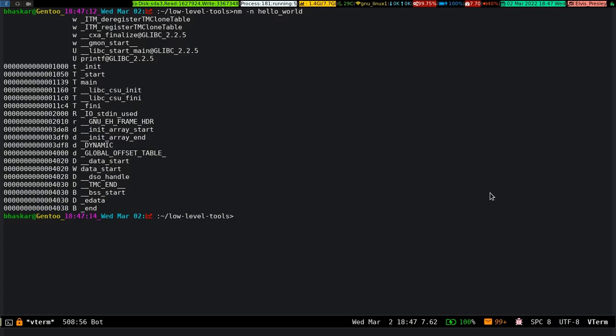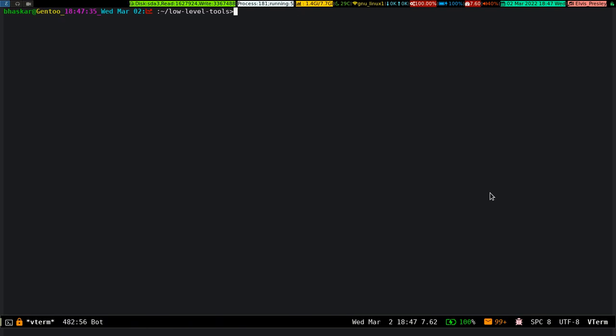You can see it's showing all the symbols in the executable, the specific executable I pass as an argument. Okay, all right,